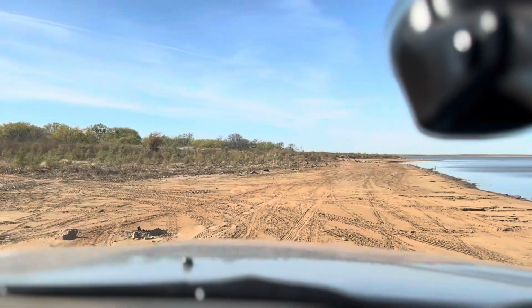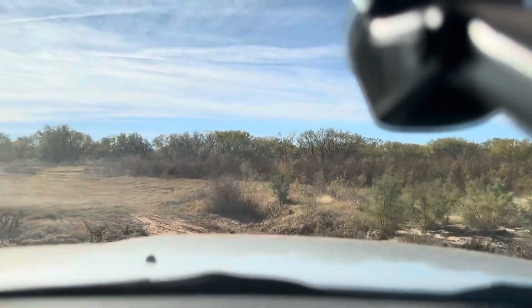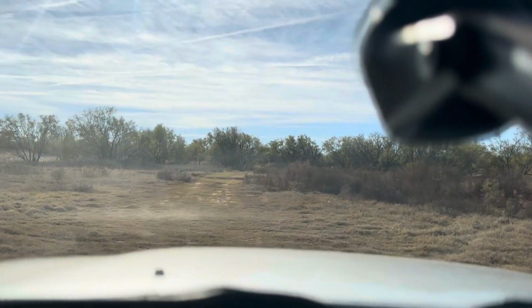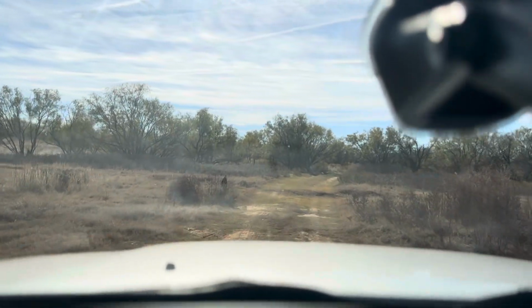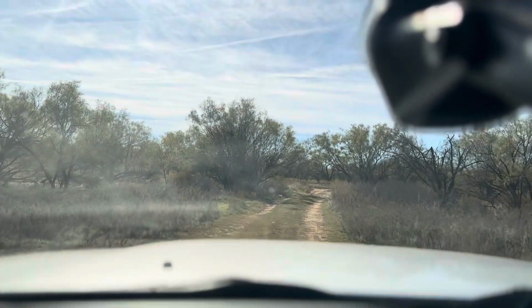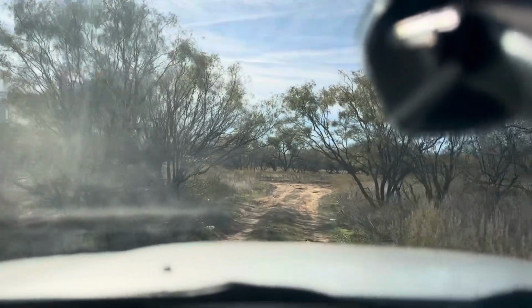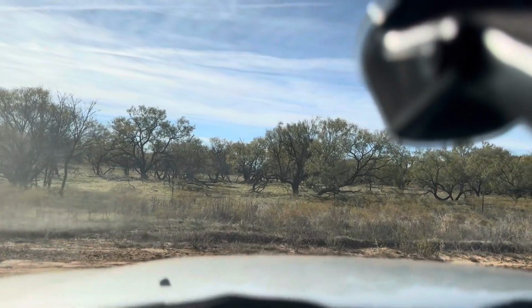And then there's another little inlet right here. You can probably see on the ground that there are some campfires people have made. But overall, it's not a bad little place. It's quite pretty, actually. I'm trying to think of what it's called. I don't think it's called Lake Arrowhead, but